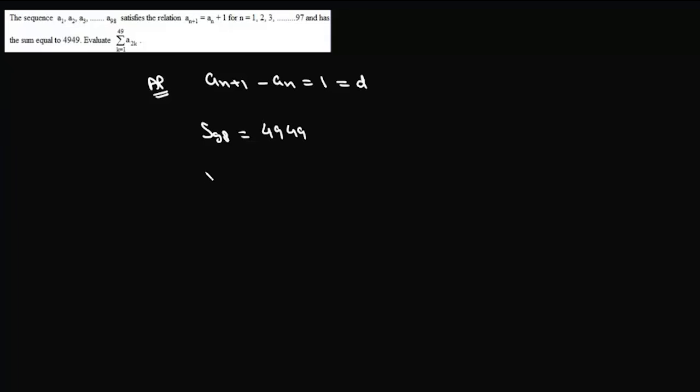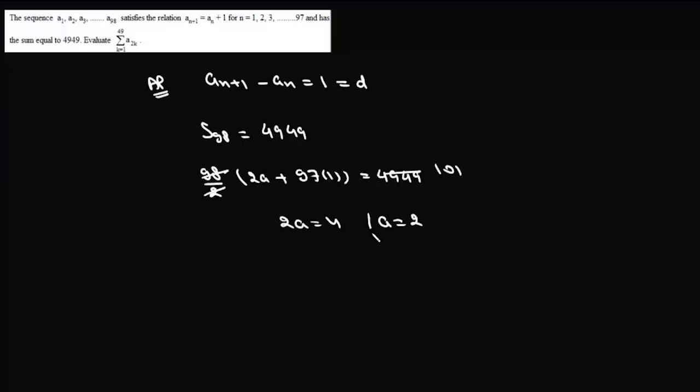Now we know that the sum of 98 terms will be 98/2 times (2a + (n-1)d). So there will be 97, and d is 1, and it is equal to 4949. Now this is 101 and 2a is 4. So basically the value of a is 2. So this series is 2, 3, 4